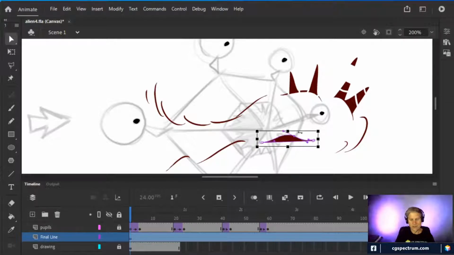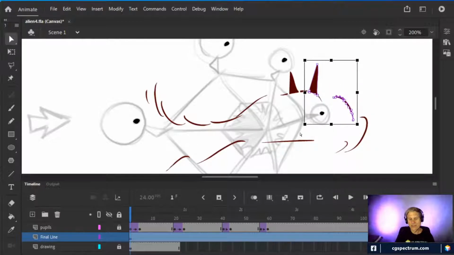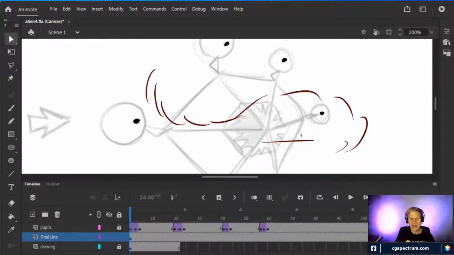But it used to be, in the olden days, I would do cleanup work in a program like Animate CC, or I would even use Illustrator, and then I would export those vector drawings into another program. For example, you can go into Photoshop Motion and export all of your sequence of images that you drew in another program and then have them play at speed there.